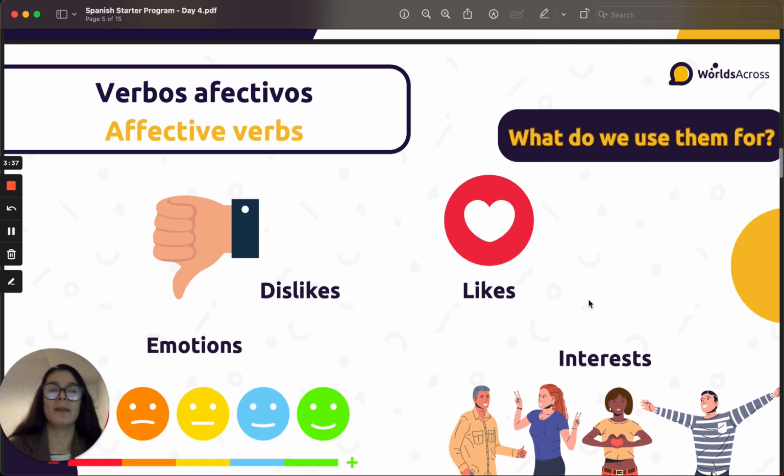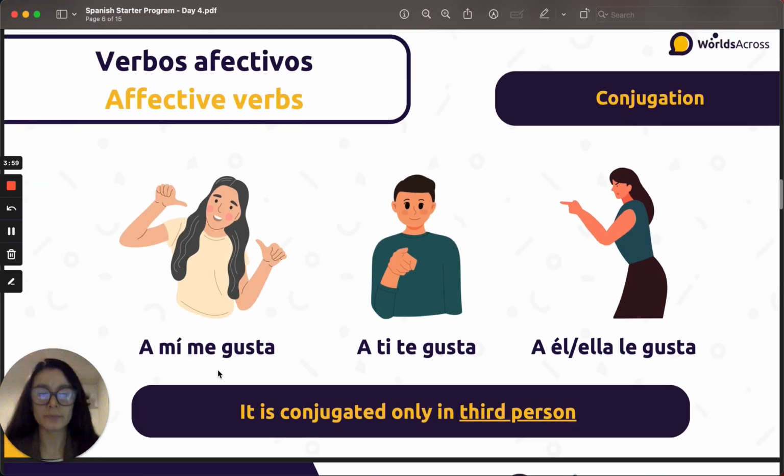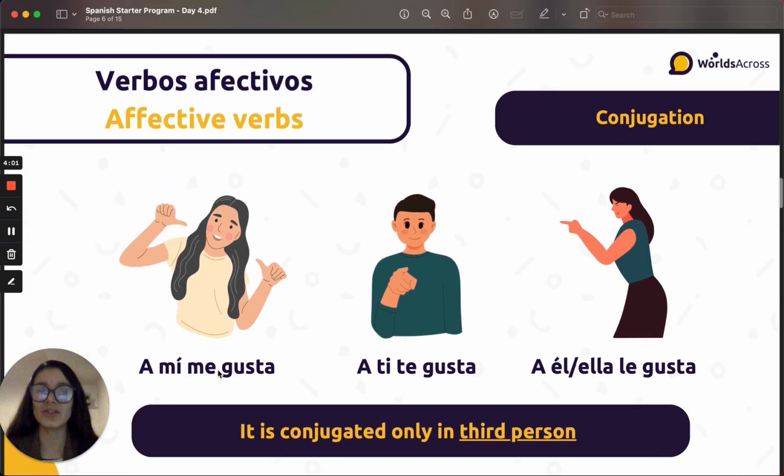So we use verbs like interesar for interest, gustar or encantar for likes, and molestar for dislikes maybe, right? And emotions as well. Or for dislikes, we can also use aburrir, something that you don't like doing, it bores you. And we can use that for emotions as well. Muy bien. Let's see the conjugation, conjugación.